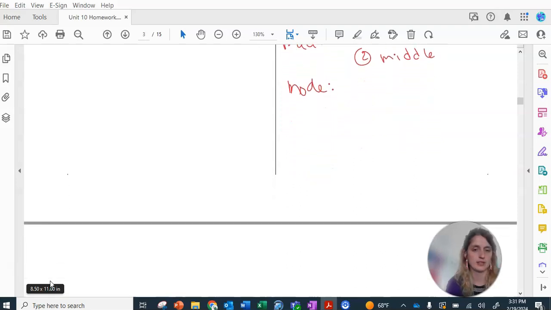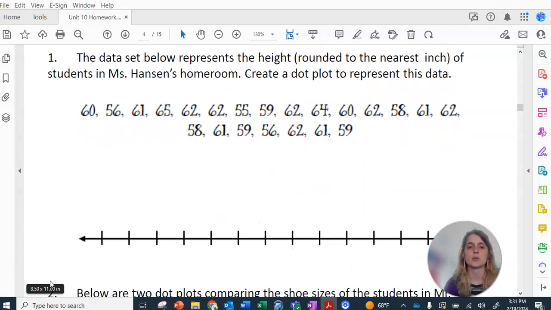Flip to the back. On the back, we are making a dot plot. It says so in the directions. You must read the directions. There is no number line down here, so we got to create our own, which means that I'm going to start by looking for my minimum, which looking at this list looks like it's going to be in the 50s. I see a 59, a 56, a 55. 55 looks like our minimum, so maybe just to be safe, I'll put this as 54, 55, 56, all the